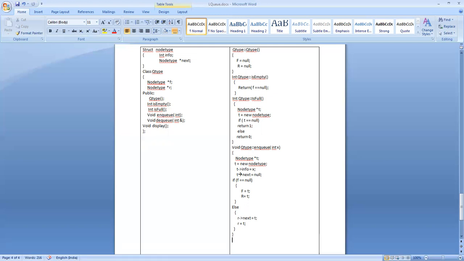Otherwise, if it is a multi-element queue, then the current first node is pointed by front. Then you cannot simply delete the front node. If you do that, the link for the remaining nodes will get cut off. For that, you make an auxiliary connection to the first node, maybe using a pointer variable t. So you make both pointer variable t and front point to the same node. Then you advance your front from the current node to the next node.